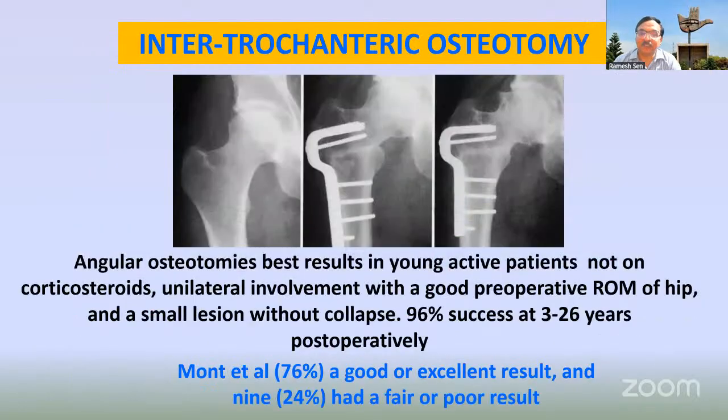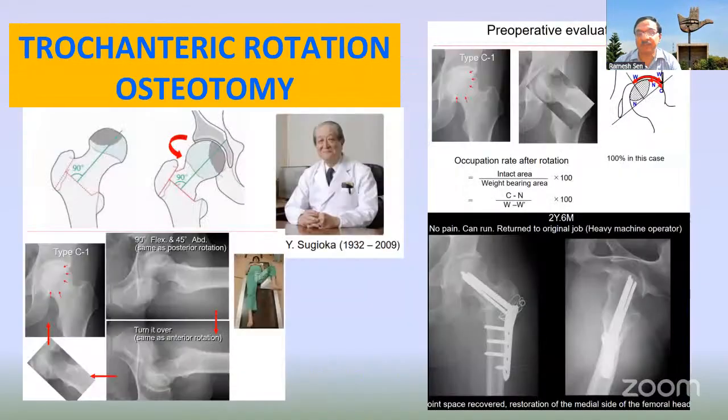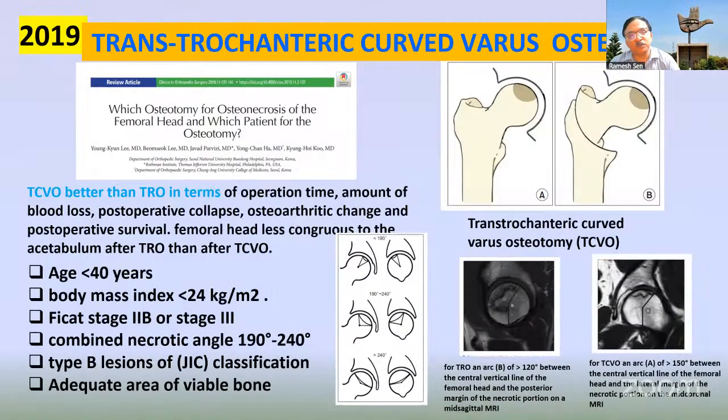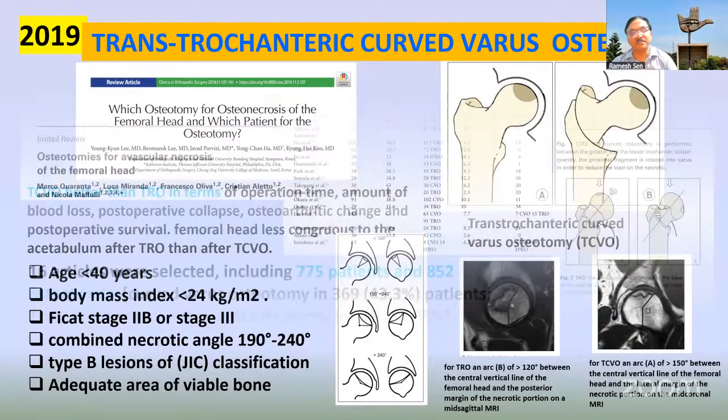And then we did talk about rotating the femur head so as to avoid that area of necrosis. And we all know the name of Sugioka, who described the Sugioka osteotomy. And this slide is exactly from his PPT, which I got from one of my friends in Japan. He sent me these figures of the Sugioka osteotomy. But we know that was too difficult, and now lately another osteotomy has come, which is called the transtrochanteric curved varus osteotomy, which is relatively simpler, relatively more effective at the advanced stages of this disease.